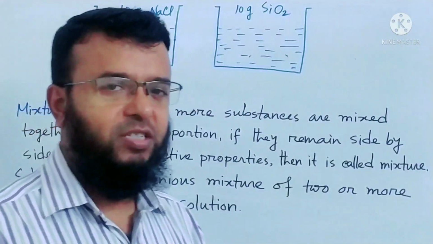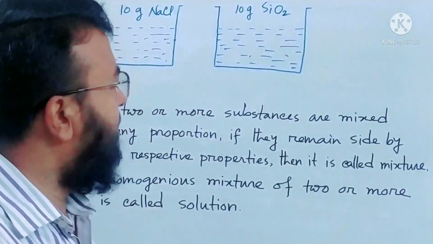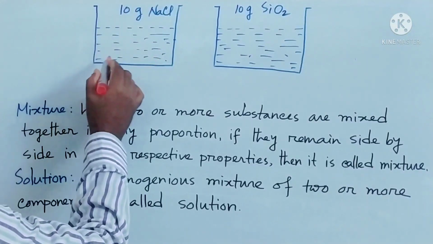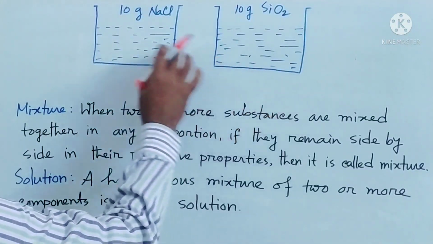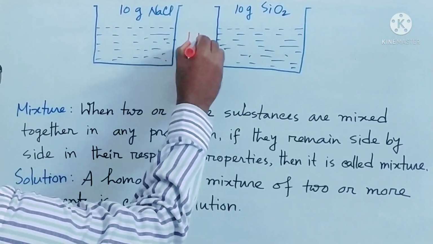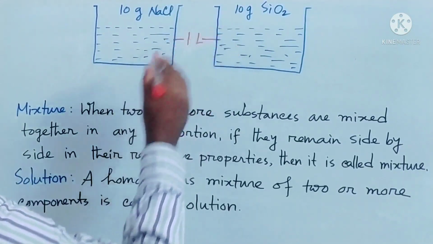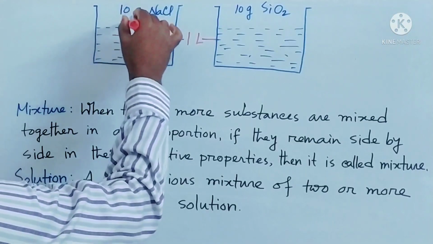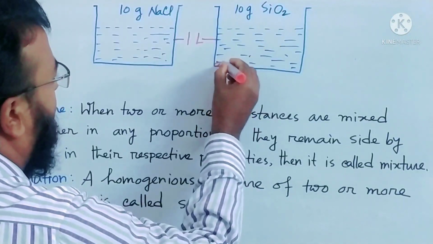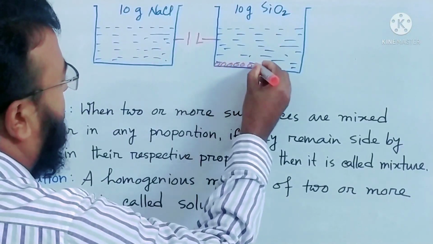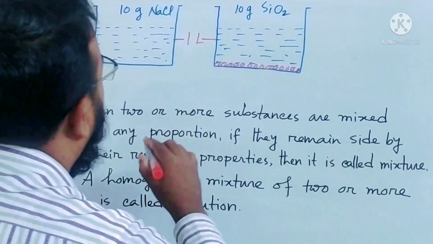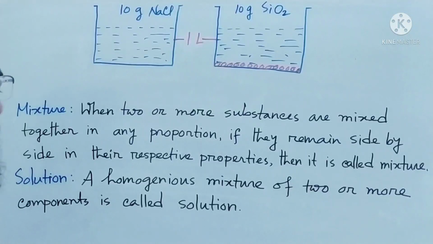Okay, dear students, before we start today's topics, we have to understand some points I have written. See that I have drawn the diagram. It is the first one, it is the second one. In the first diagram I have given 10 gram sodium chloride and both are 1 liter. So now it is the sodium chloride 10 gram and it is 10 gram silica sand. So this silica will settle down at the bottom of the beaker because it will not be dissolved, but sodium chloride is dissolved in water.